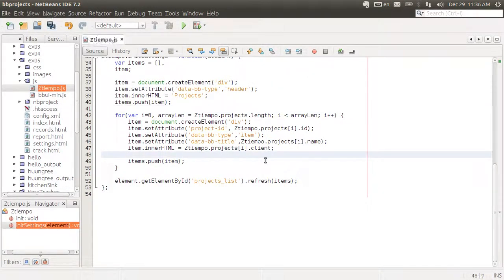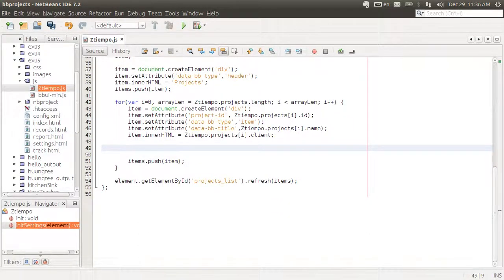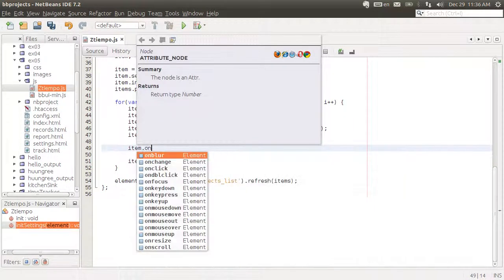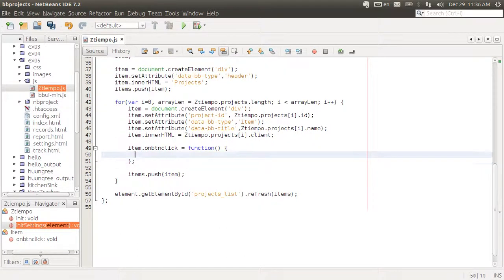For each one of these elements that we're creating, we're going to listen then to that event on button click. That event is part of the babyui.js API, and we're going to create a callback for that. The first thing we'll do is get the selected event from the image list. For that, we're also using this API